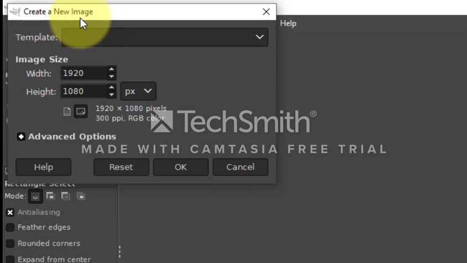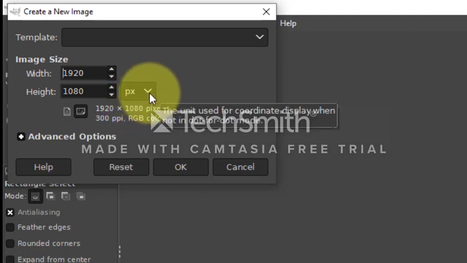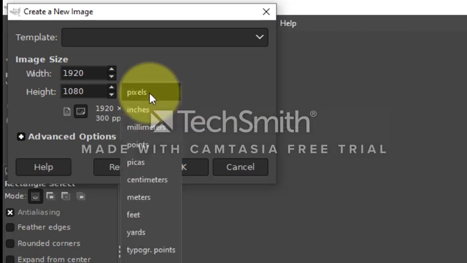Type the height and the width. The default unit is pixels, denoted by px. But you can change by selecting from available options in the drop down menu.